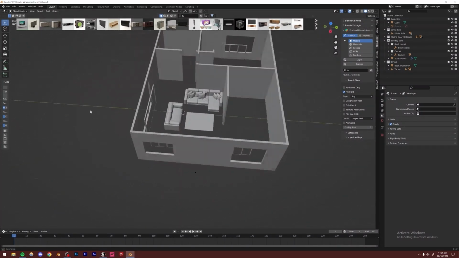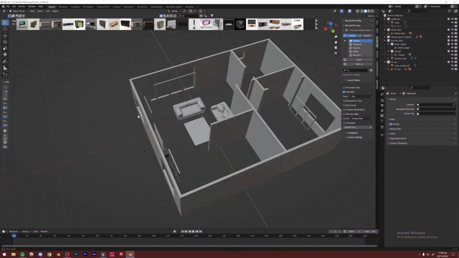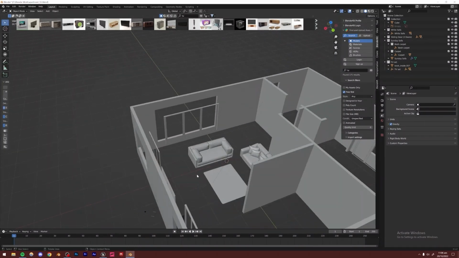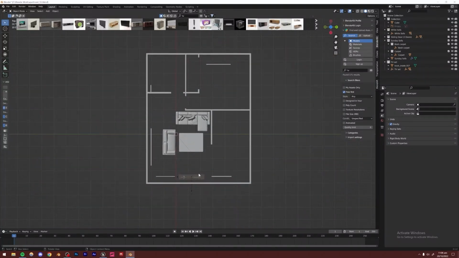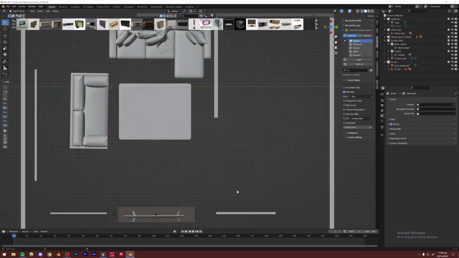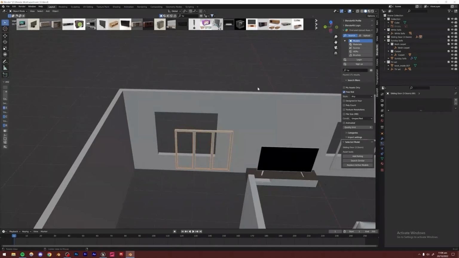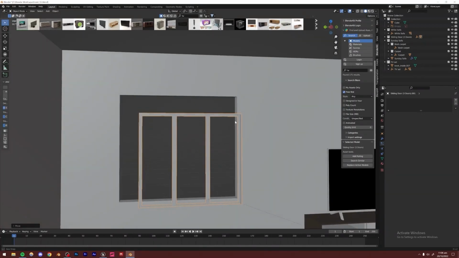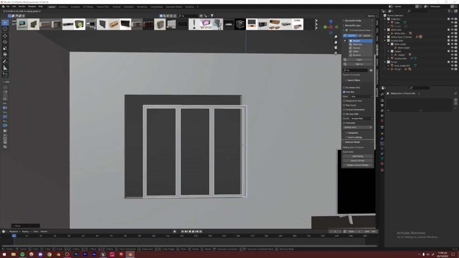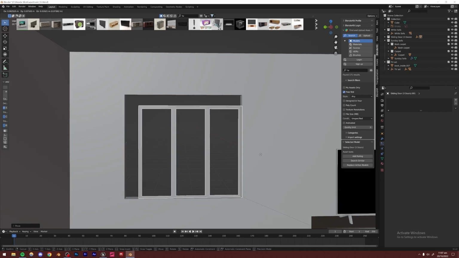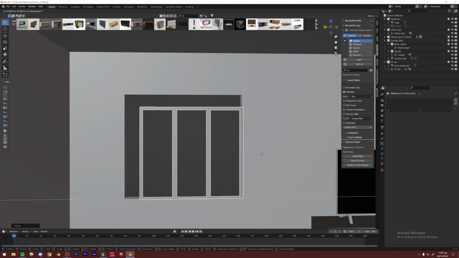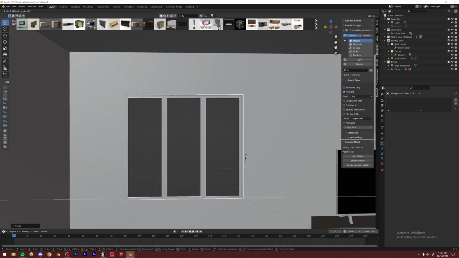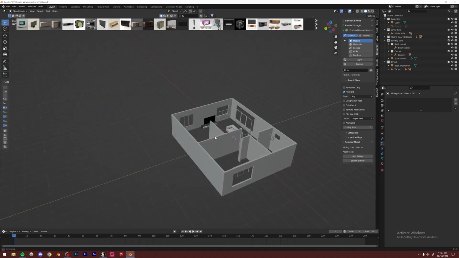Right, so one problem which we're noticing right now is that when we scaled this up, these windows are all off. So what we could do is simply position them back to where they should be. But then probably the size is also different too. So that kind of sucks. But I think I'm just going to go ahead and manually correct all of them. It's not going to take that much time because they're probably placed pretty close to wherever they should be. All right, so